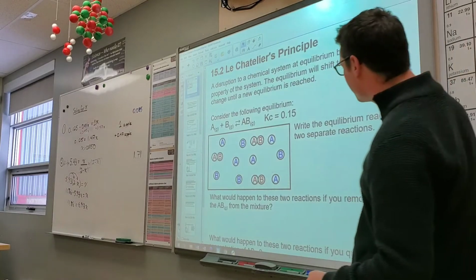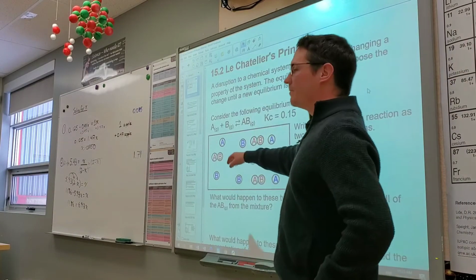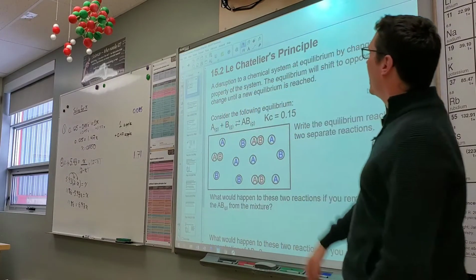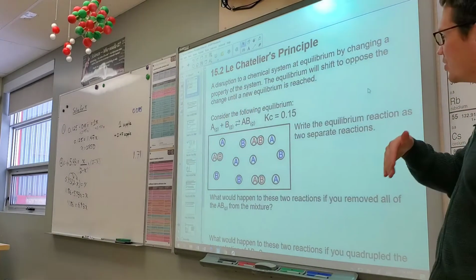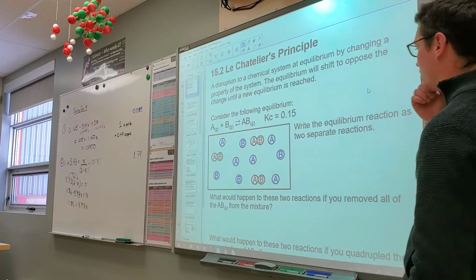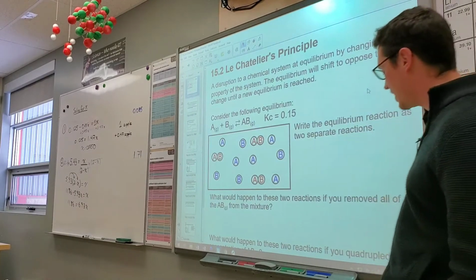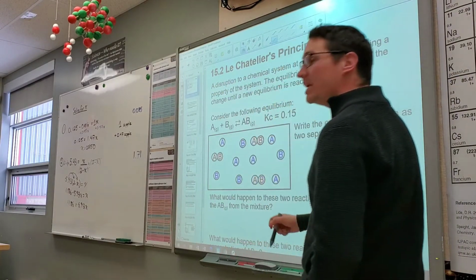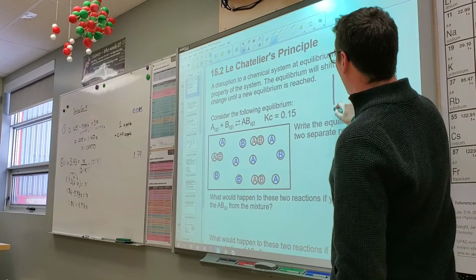You got this. Le Chatelier's principle. It basically says a disruption to a chemical system at equilibrium by changing a property of the system, the equilibrium will shift to oppose the change until a new equilibrium is established. So that's a lot of gobbledygook. What it means, all it means